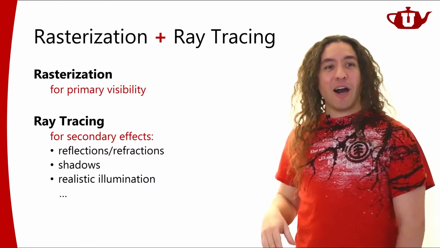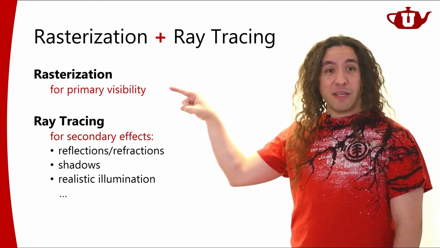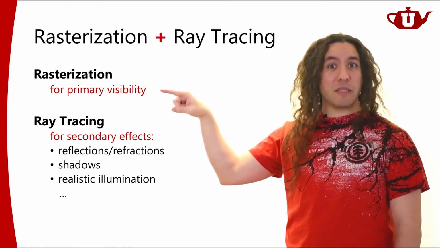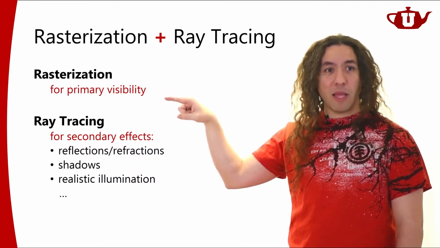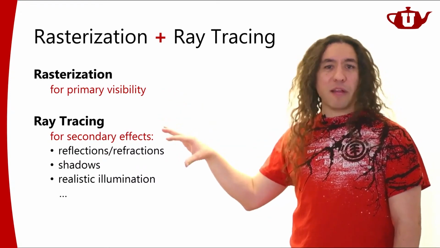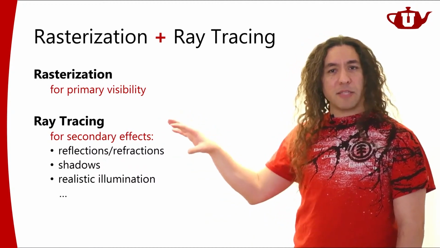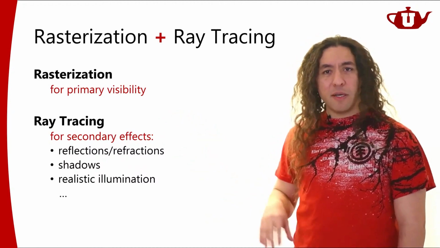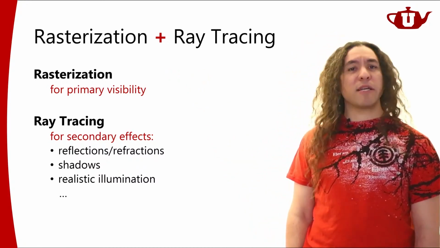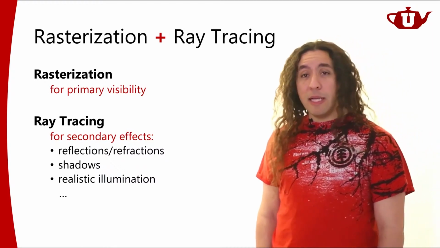Now, as I said, our GPUs with ray tracing support are still designed for rasterization because they want to handle the primary visibility using rasterization, because rasterization is really fast as compared to ray tracing. And they can do a little bit of ray tracing on top. So they can do some reflections, refractions, and shadows, and some realistic illumination stuff. So they are actually pretty good for mixed ray tracing rasterization type of rendering. And so that's very good.